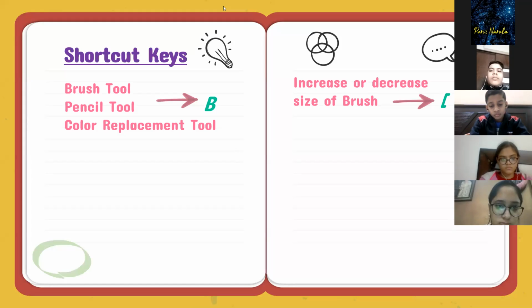Okay. Ma'am, I have one more doubt. I want to know the use of dodge tool. Dodge tool, I told you, is used to lighten the areas of the image. That means if you have some dark areas, say you took a picture in the evening or at night, or the room does not have proper light, the areas of your picture are dark. You can use the dodge tool to lighten those areas, to give some lightening effect to those areas.